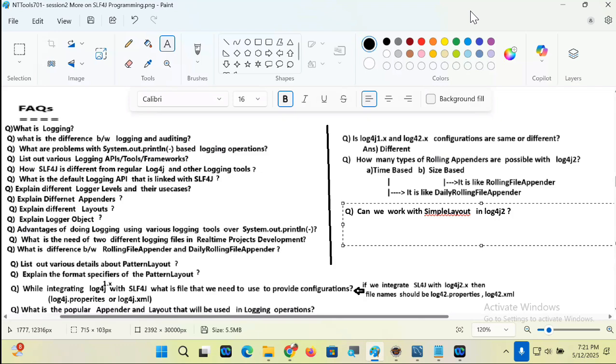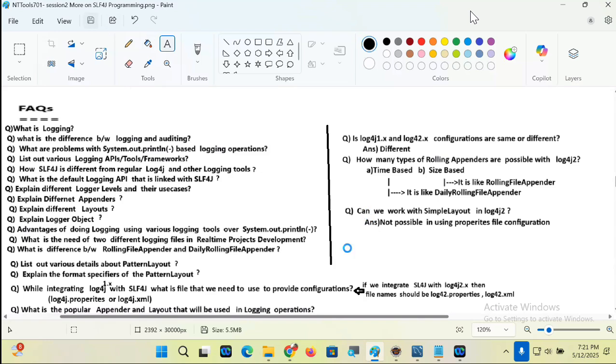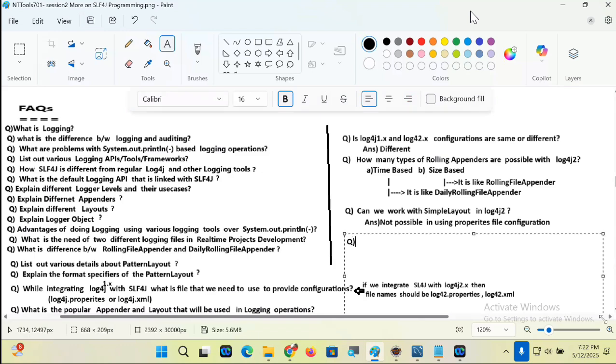Possible or not possible? Not possible using properties file configuration. Are you getting my point, guys?